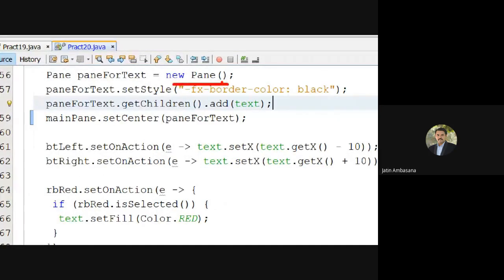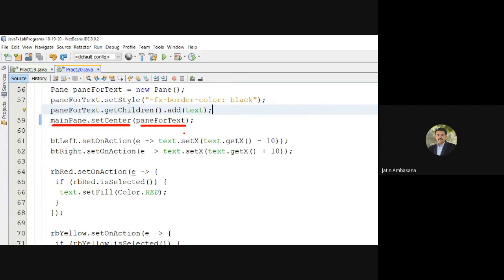Here we say new pane. Pane for text dot set style, border color is black. Pane for text dot get children dot add text. The text that we had created gets added as the text over here. And then we set this pane for text as the center pane. Okay. Once we add it as the center pane,